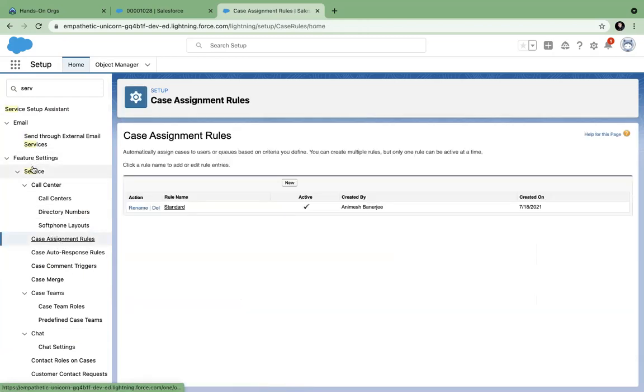Anyway, so in service setup, all these assignments are now in email to case and web to case will create automatic roles. So who will be the owner of those cases automatically, right? So what we have to do is that we have to create assignment rules.